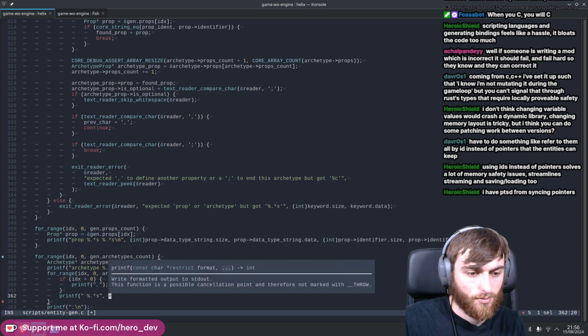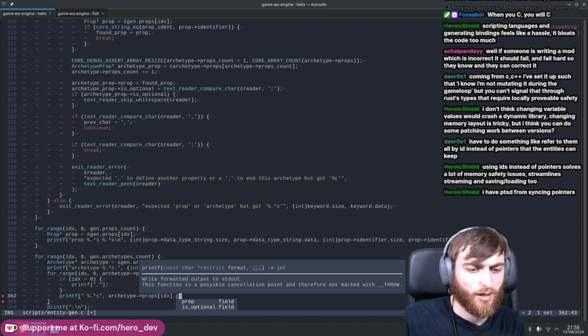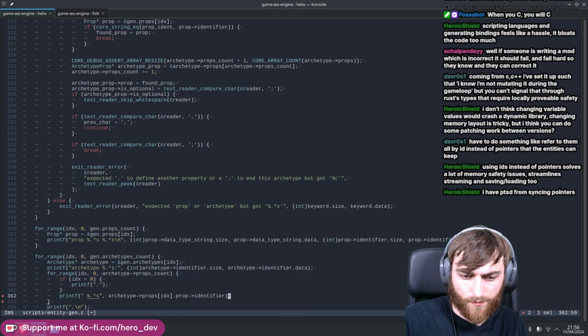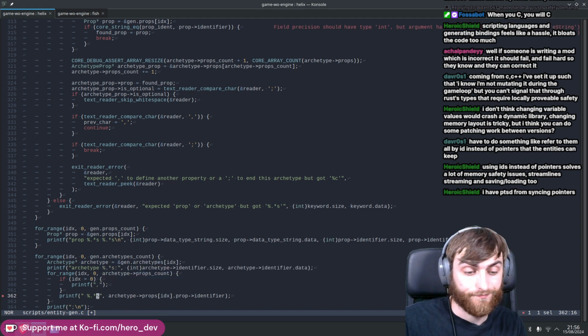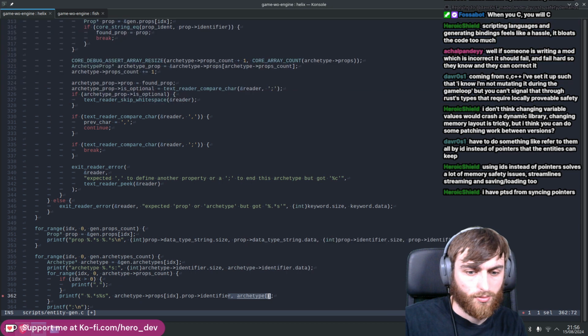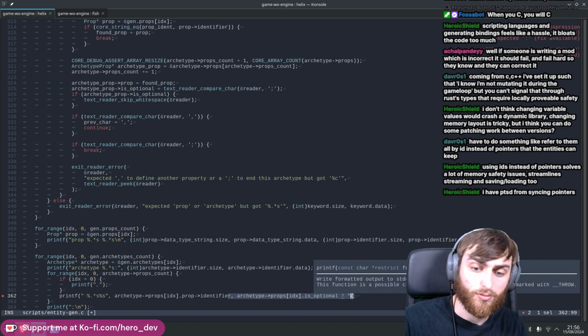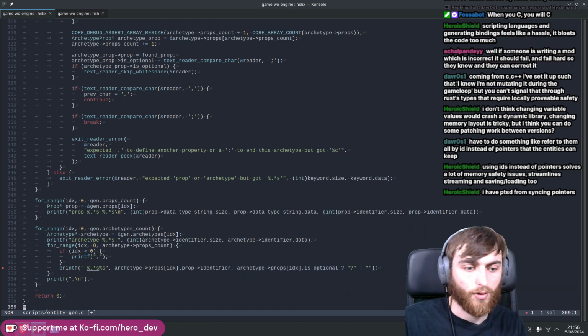And then this would be archetype props index prop identifier. Then we want to maybe print out the question mark. So we put the string there and we say, well, if the archetype props index is optional, we'll put a question mark string in. If not, we'll put an empty string in, and voila. So that should print out